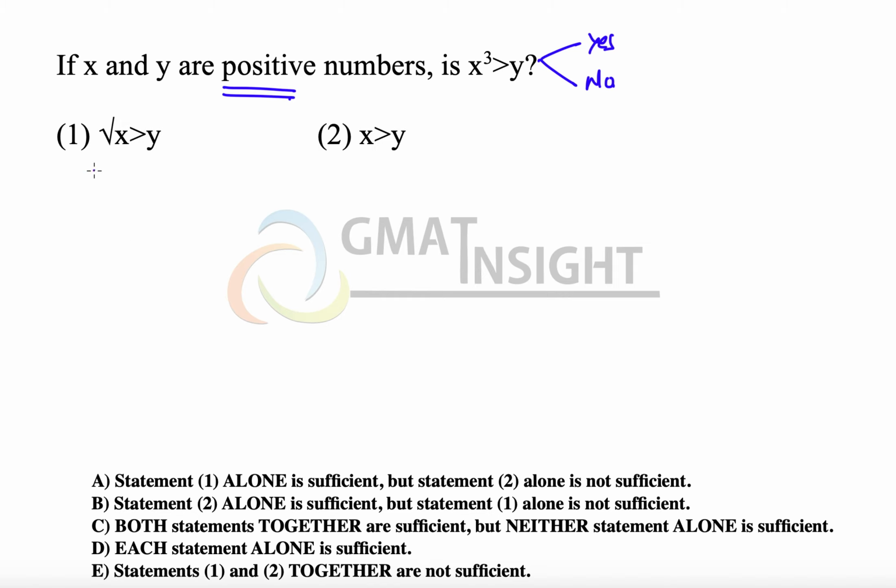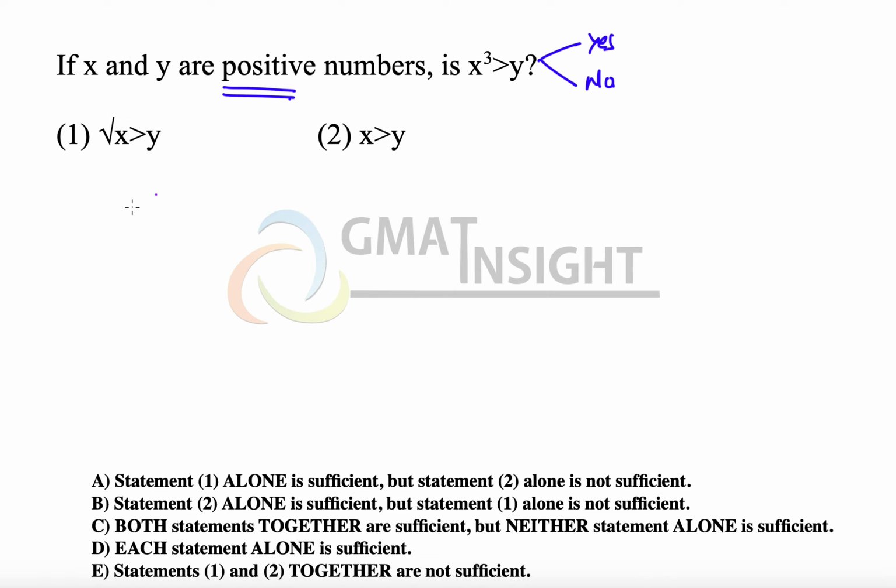Let's look at the first statement. While dealing with this kind of question, we should always try to prove that the statement is not sufficient, and for that we should have clear evidence. That means we should have exact values that give an inconsistent answer to the question, but they must satisfy the statement. So here, since we know that the square root of x is greater than y,